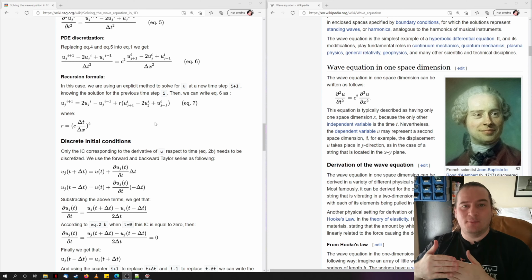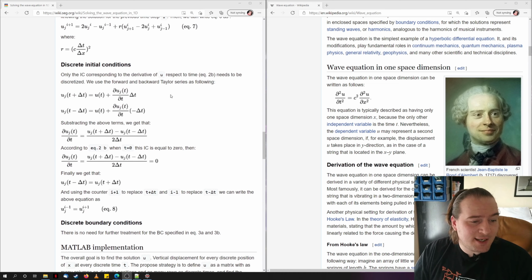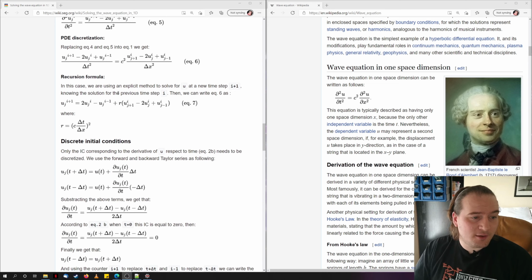And then keep adding on 1,000th of a second until we get to that 1 second. So we're discretizing in both space and time. And it's an interesting read. I'll link this page in the description. But basically, at the end, you come to a formula called the recursion formula,